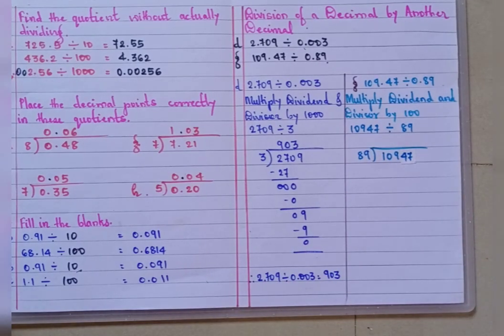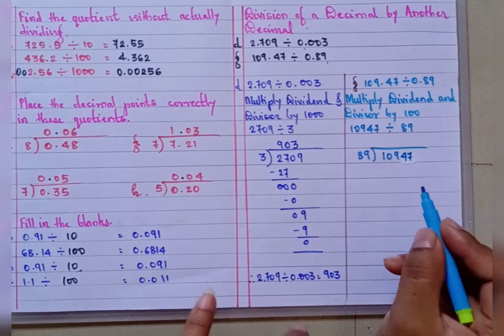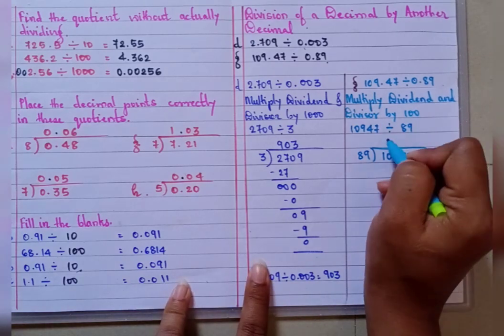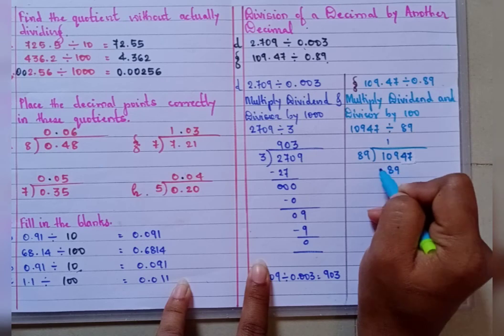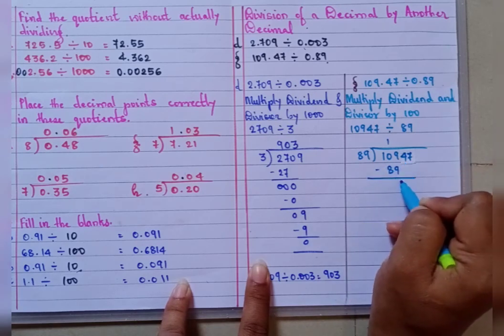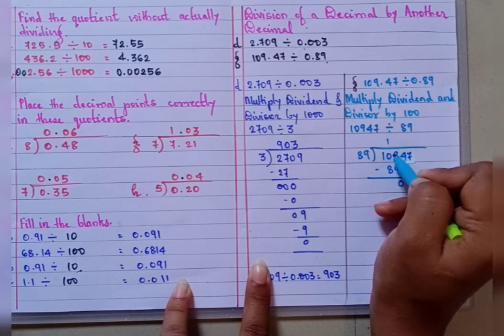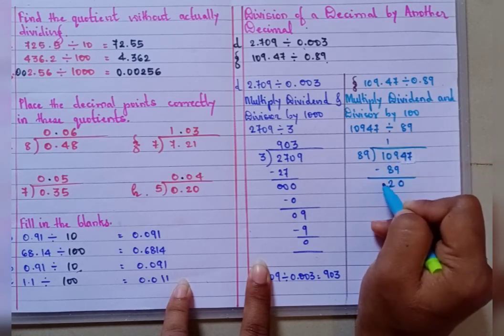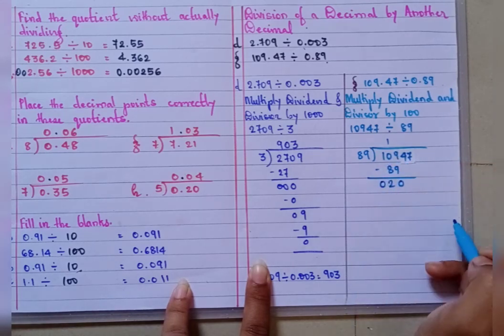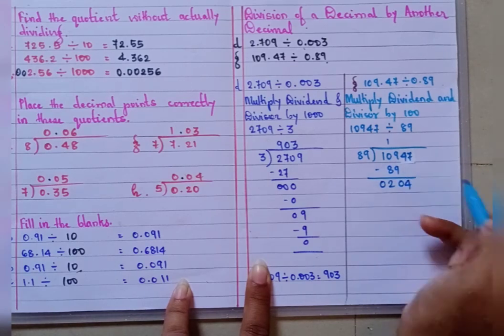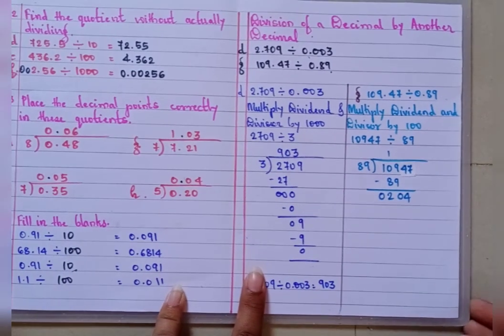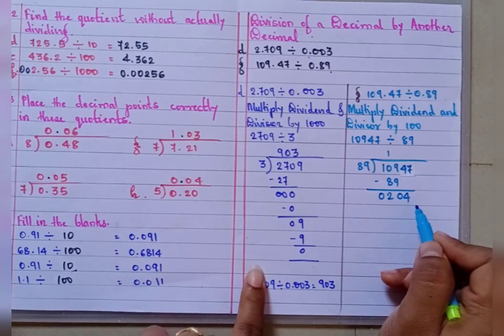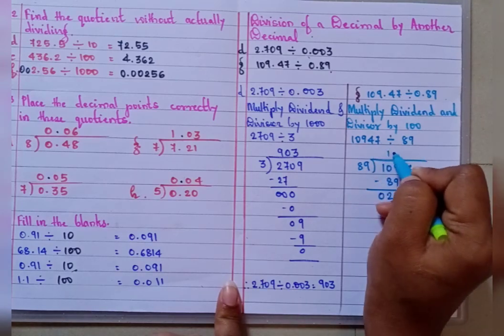89 ones are 89 because 89 twos are 178. Therefore 89 ones are 89. Let's subtract. From 9, 9 goes out, remains 0. From 10, 8 goes out, remains 2. From 1, 0 goes out. From 0, 0 goes out, 0. Take the next digit down, that is 4. Next, 89 twos are 178 because 89 threes are 267, which is more than 204. Therefore, 89 twos are